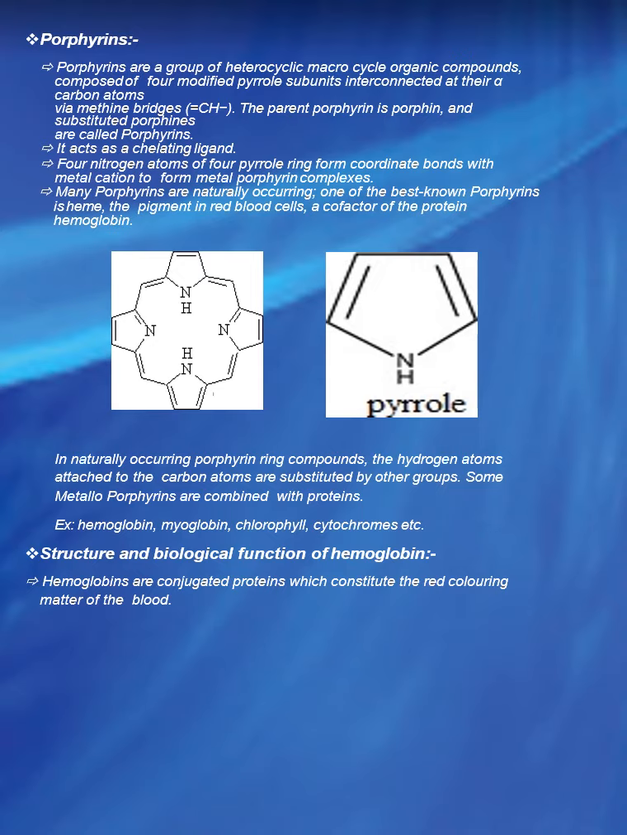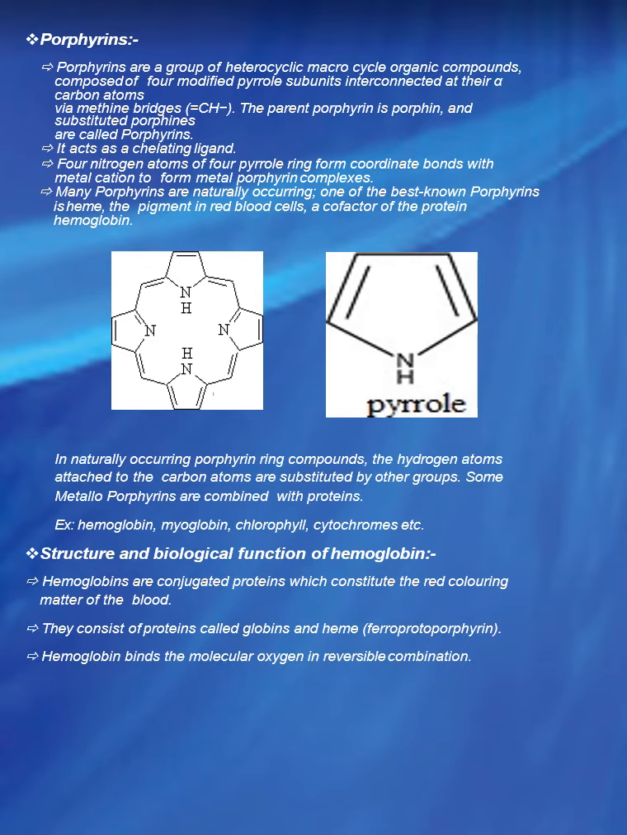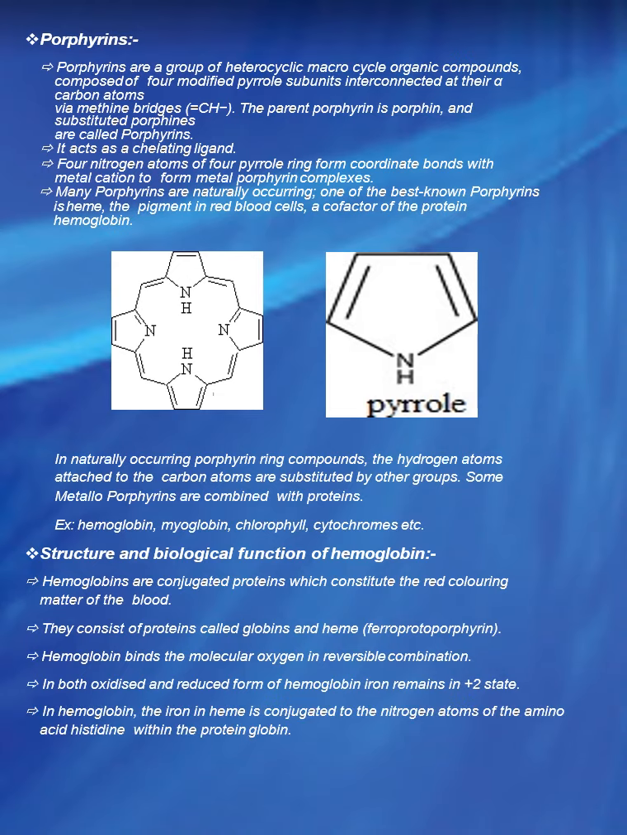And this hemoglobin, its heme is ferroprotoporphyrin, and hemoglobin binds molecular oxygen in reversible combination. In both oxidized and reduced forms of hemoglobin, iron remains in the +2 state, and in hemoglobin the iron in heme